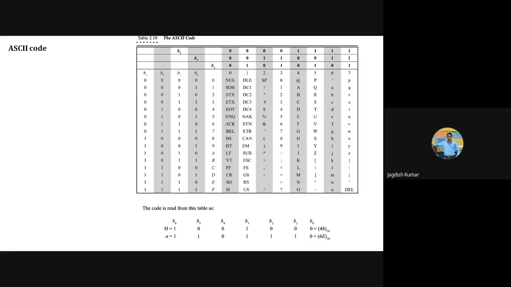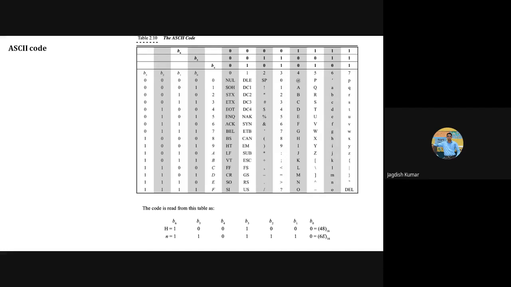This table on your screen says what the binary equivalent is for a particular letter in ASCII format. In this table you are seeing various numbers as well as alphabets, alphanumerics.